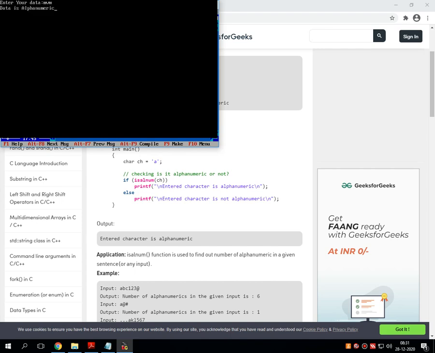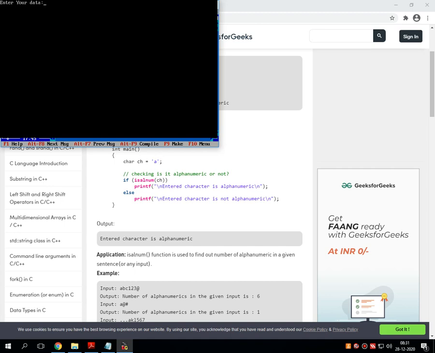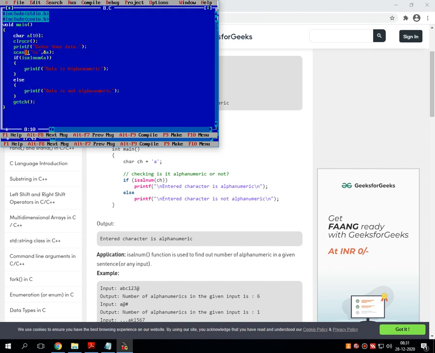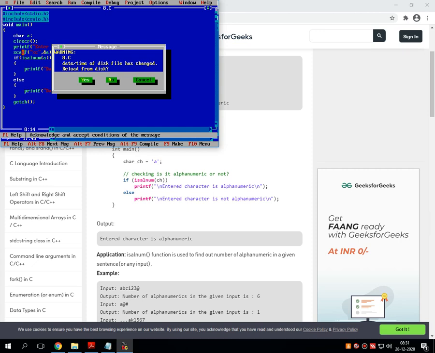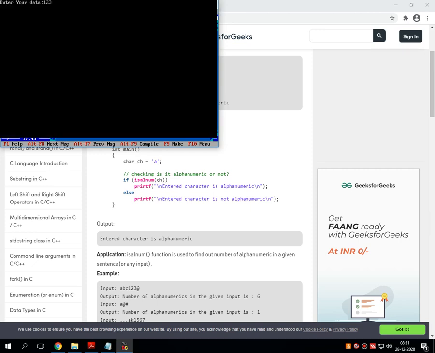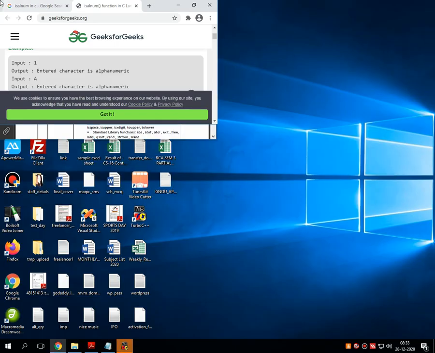Let me enter the data. Data is alphanumeric. Let's enter a single character only, percentage C. Now let's check whether it works or not. A is alphanumeric, and suppose I am entering 1 2 3. Let's see.